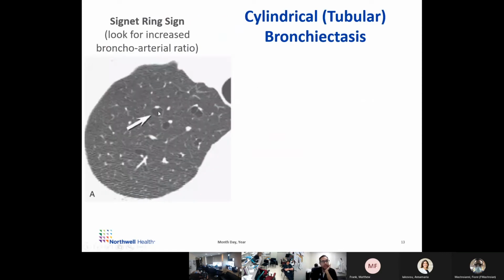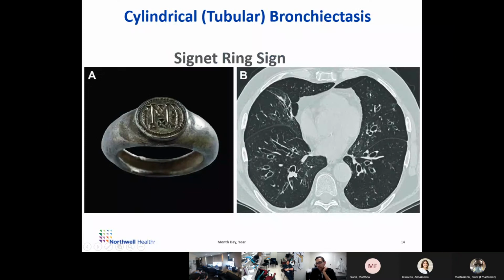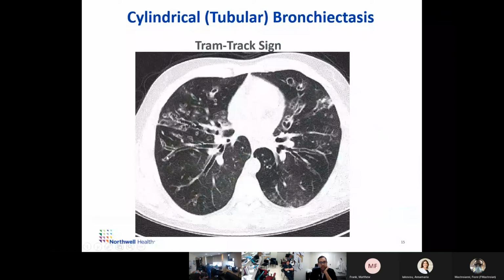So here's a classic signet ring sign. Here's the artery, and here's the airway surrounding it. And you want to look for an increased bronchoarterial ratio. Here's the classic tubular appearance of bronchiectasis. And these are the tram tracks. See these parallel roads over here, and you see the bronchi are very smooth. There's not as much thickening. This is a nice picture here. You see the signet ring, and you see these nice diamond rings. And this is classic of cylindrical bronchiectasis. And then the tram track sign, right? So you see these nice dilated airways go all the way out to the periphery within 1 centimeter of the